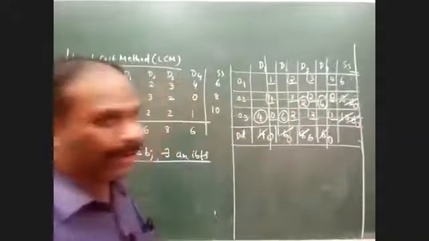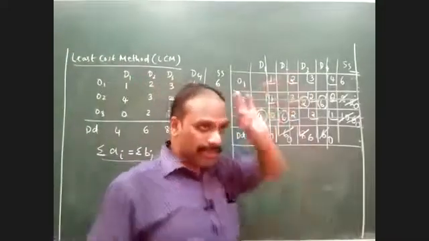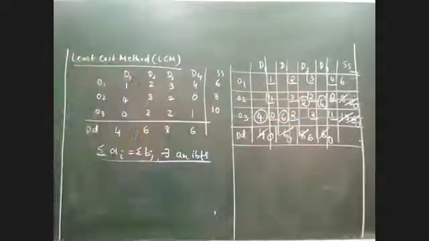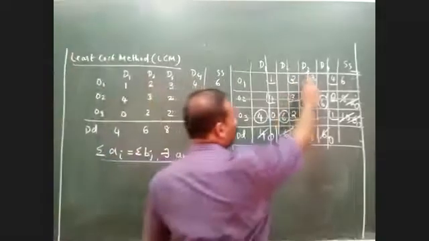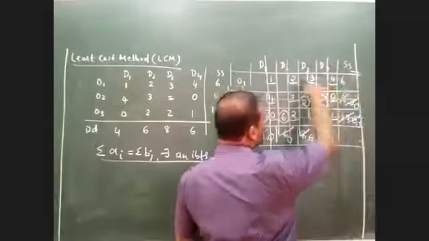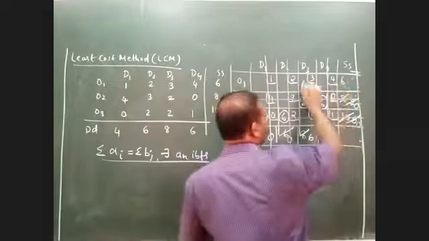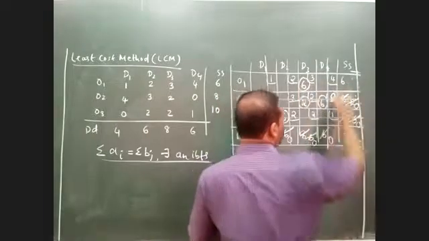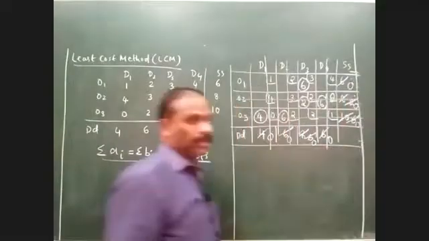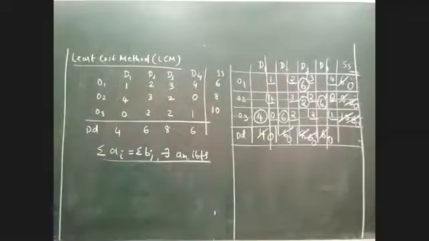Now the last value left in this entire problem is 3. Even in this method, if your allocations are correct, whatever last value is left, the demand and supply will exactly match. You can see that for this particular value, the supply is 6 and the demand is also 6, which means the values are exactly matching. So I can give entire 6 here. This also becomes 0 and this also becomes 0. So even in least cost method, the problem has to be continued till all the demand and supply become 0. The moment all the demand and supply become 0, the question is completed.